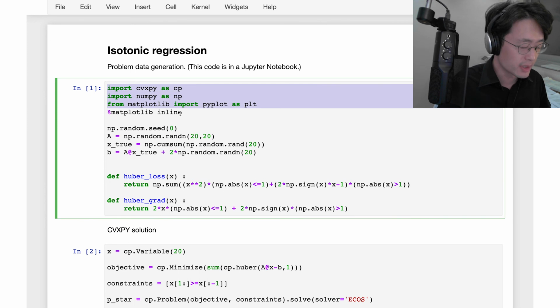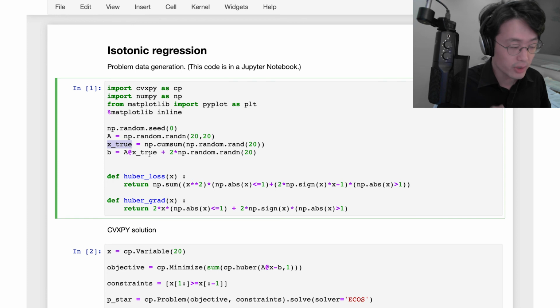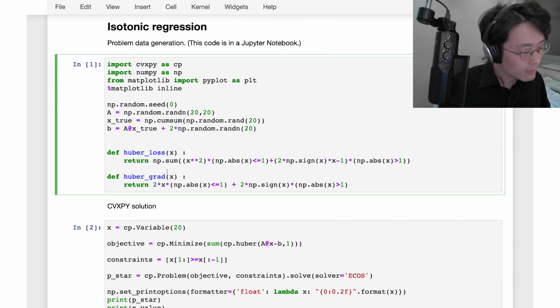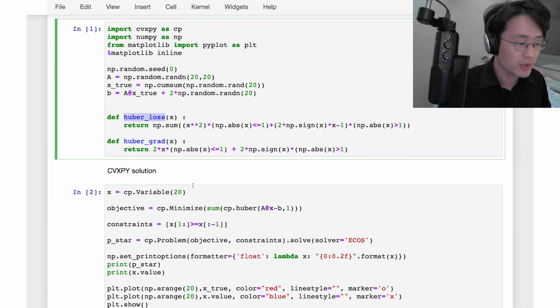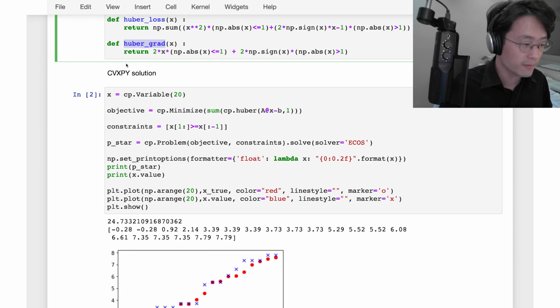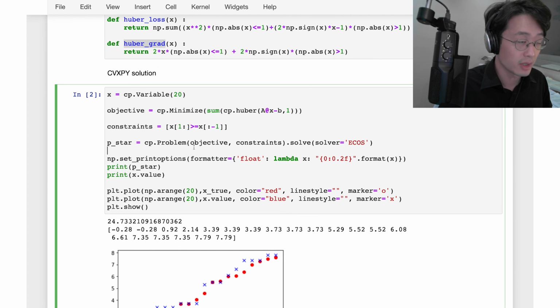So we import the necessary libraries, and then we generate our random data. So we generate our data matrix A, we generate our true unknown solution X, and then we compute A times X. By the way, this @ symbol, this is the matrix vector product in Python. And then we add a little bit of noise, and that's our measurement in B. We then define our Huber loss function, and we also define a function that evaluates the gradient of this said Huber loss function. Okay, so the first step is we will use the solver CVXPY to solve this isotonic regression